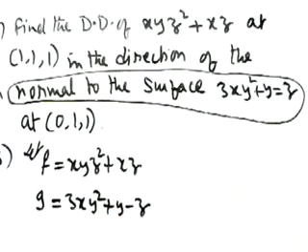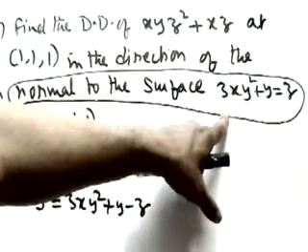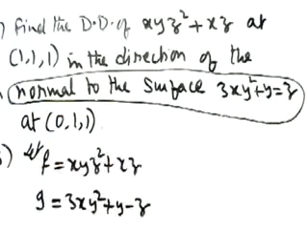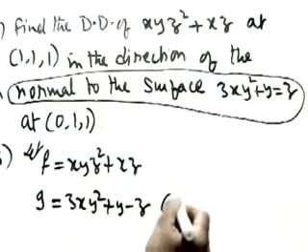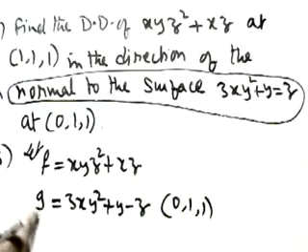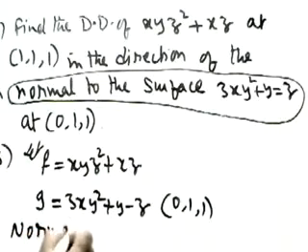Bring the z on the other side. So what is the value here? The function is 3xy square plus y equals z at the point. Let us first find the normal of g. At what point do we have to take? At 1, 0, 1 comma. So normal of g will be